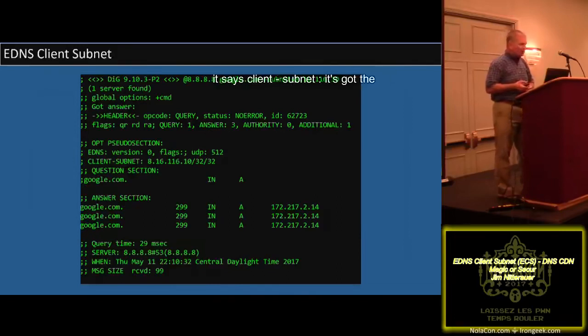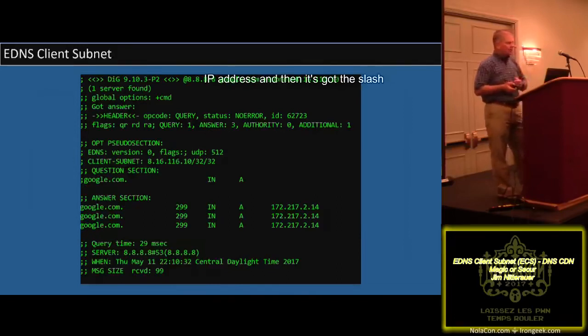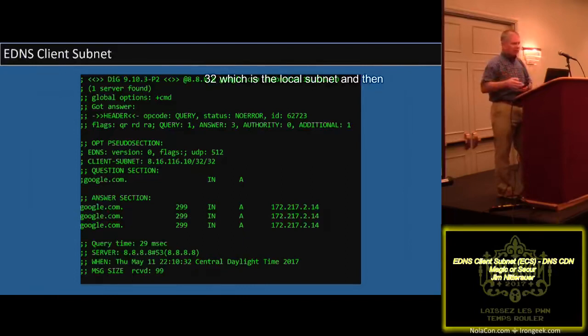The second line says client-subnet, it's got the IP address, and then the /32, which is the local subnet, and then the netmask for the answer is in there. So it's taking my IP address and passing it up the chain, and it came back in the query. So I know it went through the whole chain and came back without being altered.